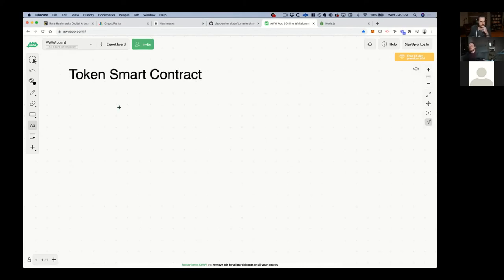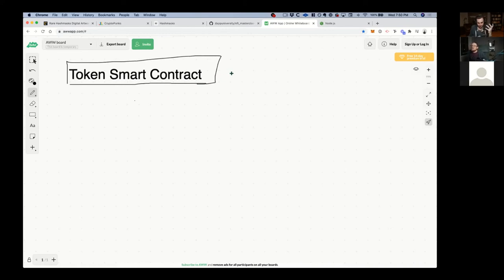And this is something that I think is important to understand when you're creating this. So the token smart contract is going to govern everything. Whenever you create multiple tokens, it's not like you're creating multiple smart contracts. It's not like you create a new token smart contract for every single collectible that's issued. What you do is you create a single token smart contract that